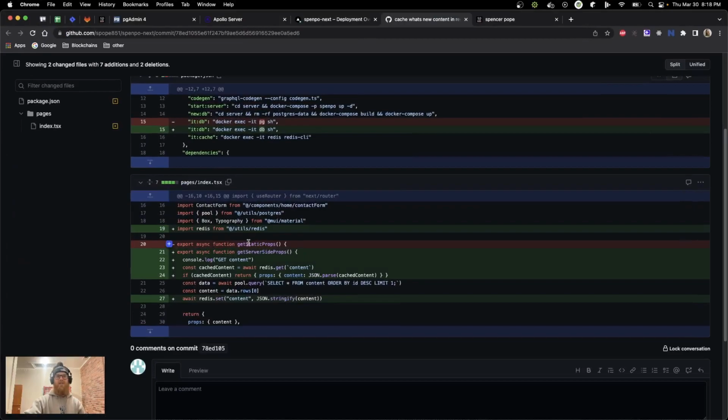These are the changes. I just changed getStaticProps to getServerSideProps, and now I'm checking Redis for this content key. And if I do find it, then I just return the content. Same pattern as the Twitter caching way. And then if not, I set content to the stringified version of what is returned from the database. And this time, I'm not using an expiration time for set. I'm just setting this indefinitely because if I have updated the content in the database and then